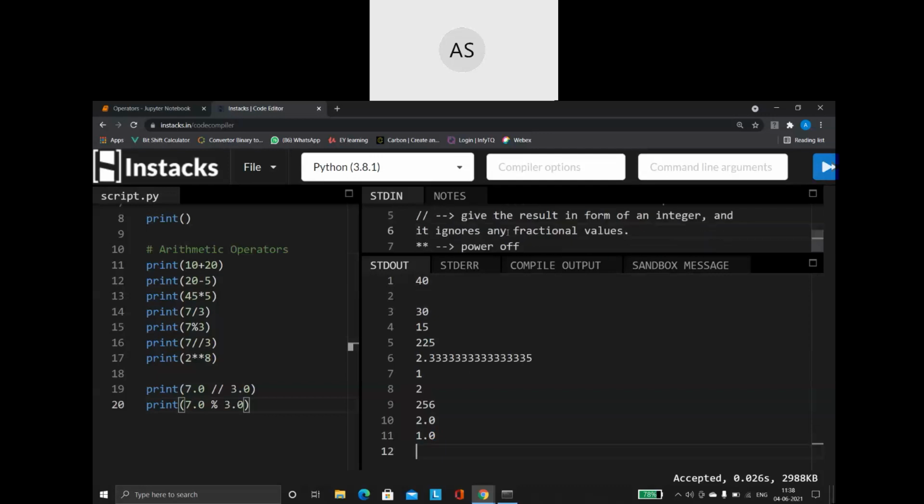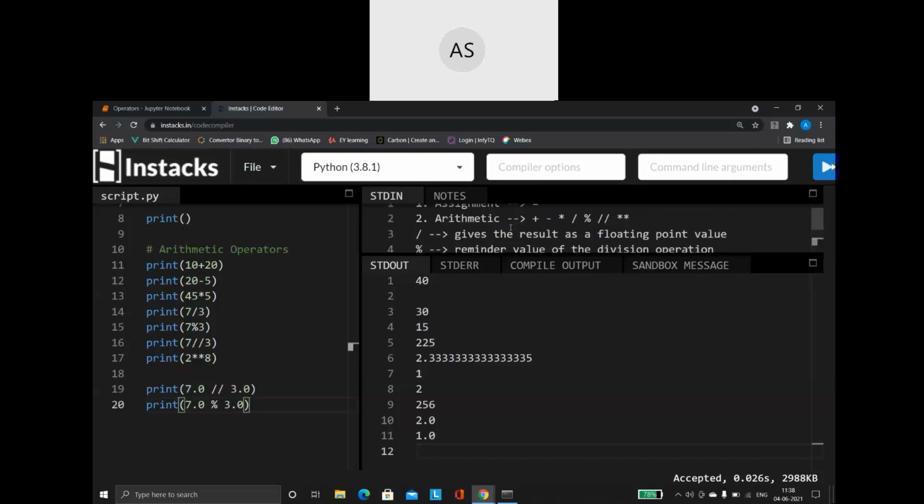In other programming languages, modulo operator cannot be applied on a floating point number. I hope you guys know this. Otherwise, please get to know now. In C, in Java, those languages, when I apply a modulo operator on a floating point value, it will give me an error. But in Python, it is supported. It is actually supported for me.